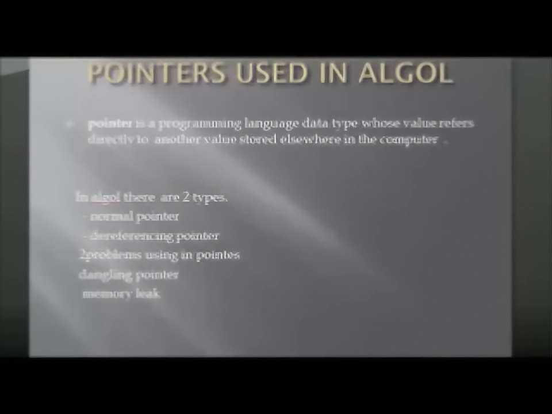Pointers used in Algol. A pointer is a programming language data type whose value refers directly to another value stored elsewhere in the computer. In Algol, there are 2 types. The first one is the normal pointer. The other one is the dereferencing pointer. When using pointers